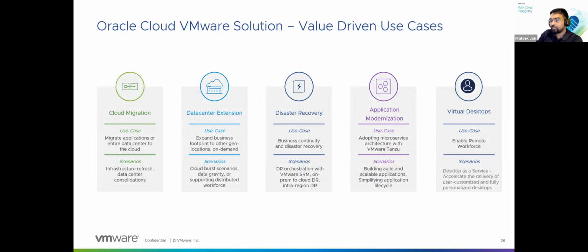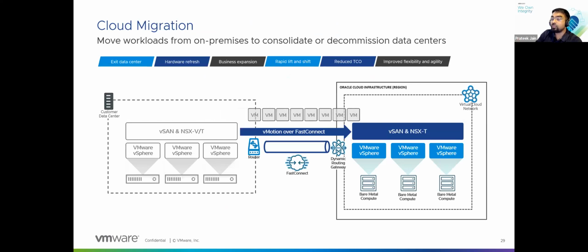Now, these are all the use cases that we generally see customers looking for while they build their infrastructure in the cloud. One of the most used is cloud migration, where everybody is looking to adopt cloud, move their workloads, scale up their infrastructure, or decommission their existing data centers and legacy hardware. OCVS fits right into that solution, where you can do a vMotion or a cold migration,